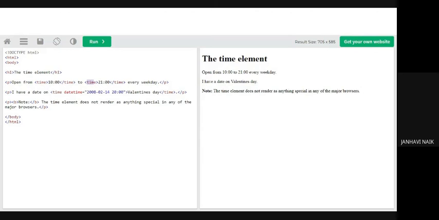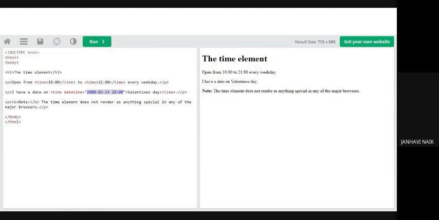Again, this is a feature given by your HTML5, using the tag time. And datetime is one of the attributes of the tag time, to display this particular thing. And done. So this is the text which will be there, and this is the datetime on which it was coded. So this is how it works.